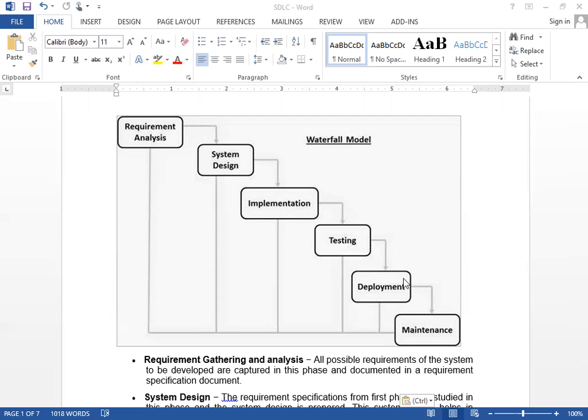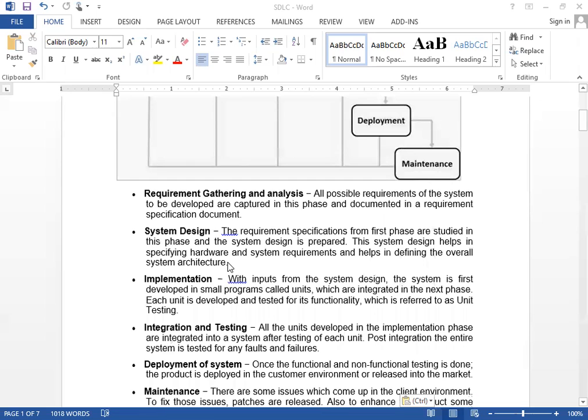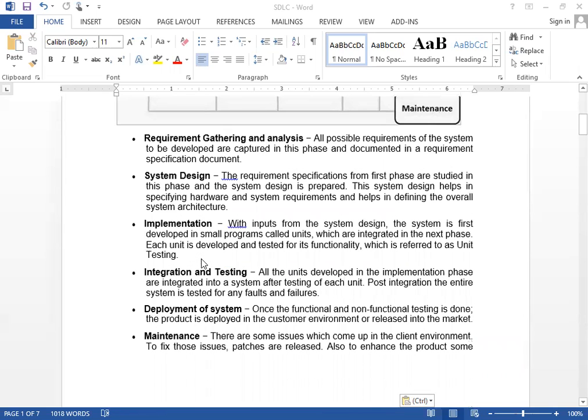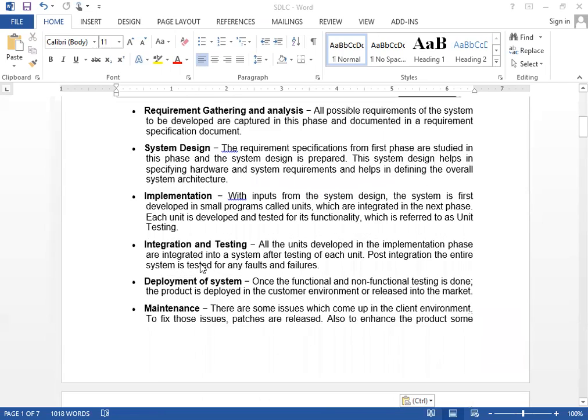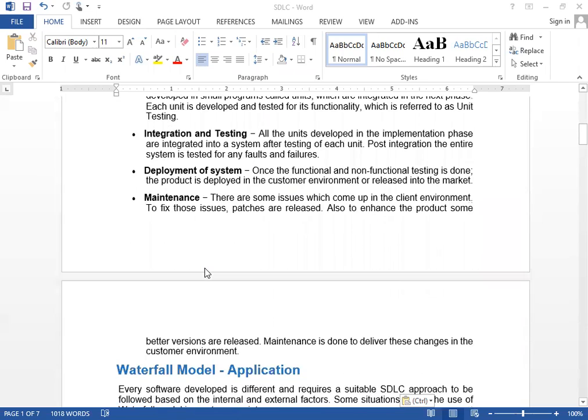If it does, then the client uses the system. If it finds an error, then it goes to the next phase, maintenance, where all the errors get recovered. So this is the simple waterfall model, and the phases are requirement analysis, system design, implementation, integration and testing, deployment, and lastly maintenance.